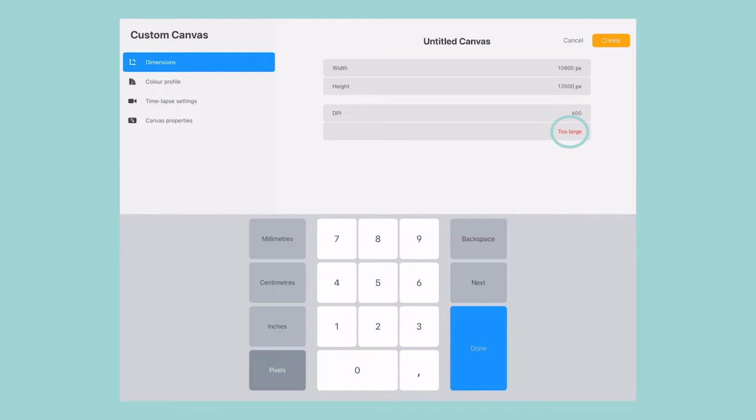This will change depending on the dimensions of your canvas, the resolution of your canvas, and also what type of iPad you are using Procreate on. I use an iPad Pro, which has higher memory, and so your maximum layers inside Procreate is increased because your iPad has the capacity for bigger files. But if you're ever creating a canvas template and you notice that the maximum layer number is really low, have a play with reducing the dimensions down to a lower size or tuning down the resolution by reducing that dots